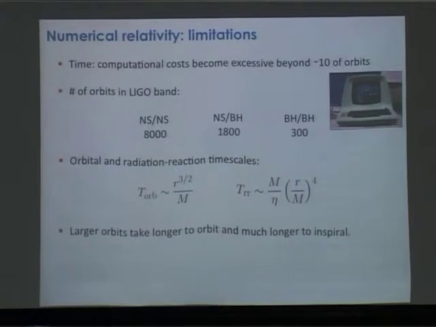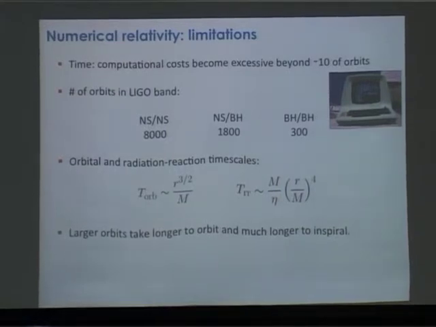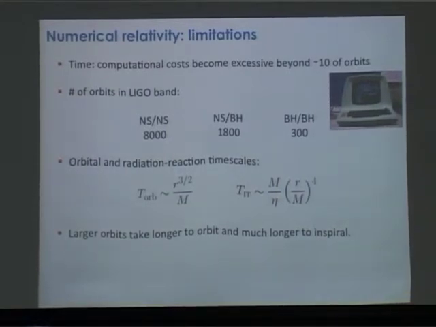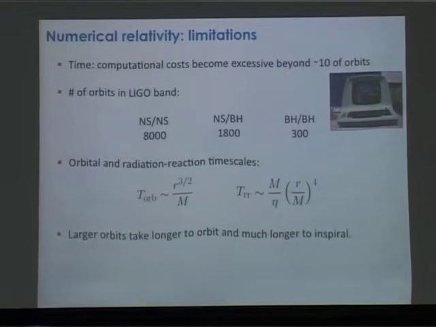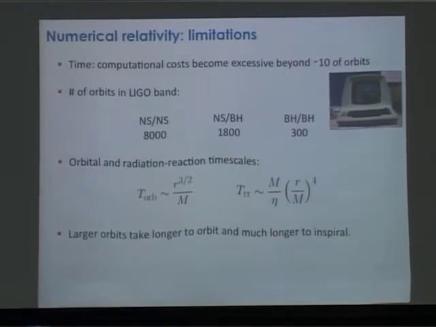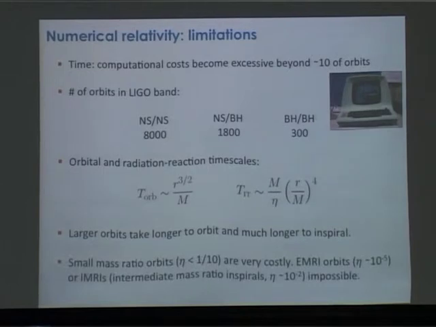So what this means is, if I want to simulate a larger orbit, which is at the beginning of, say, when the binary enters the LIGO band, it takes very much longer to do even one orbit because the orbit is bigger, because of this equation here. And also it takes very much longer for that orbit to shrink, because bigger orbits shrink more slowly when they're further away, and then the shrinking increases as you get closer in. Okay, so it takes longer to do an orbit and longer to do the entire in-spiral.